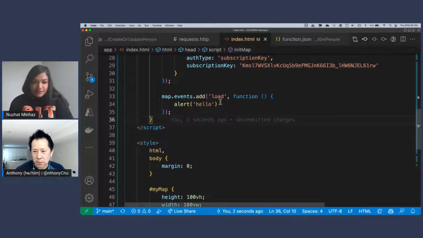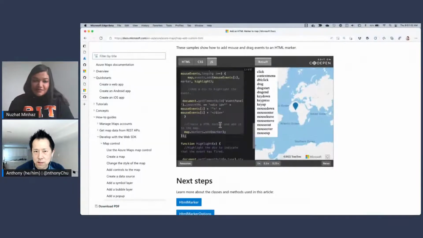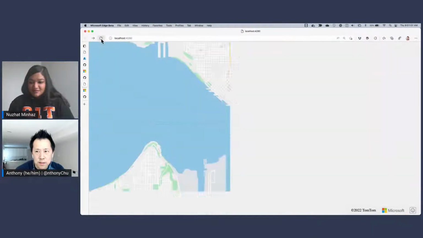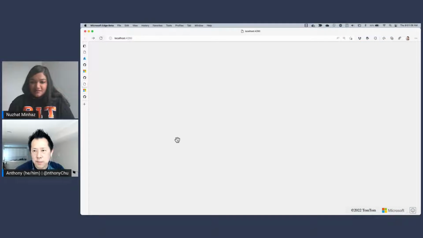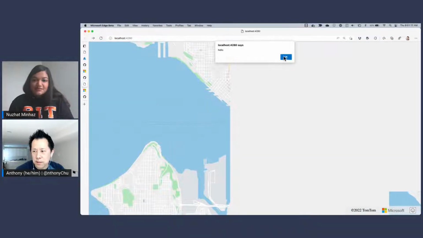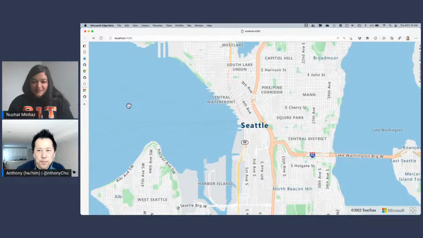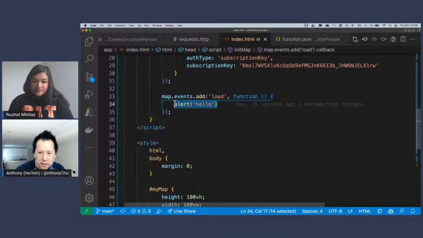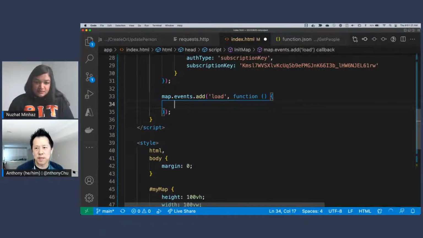Basically what I would expect to happen is when the map is loaded, I'll get an alert. So I'm going to go back to my page and refresh. And there we go, it says hello. It's not fully loaded, but I think it's close enough. So that's where I want to insert my code, because I want to do some stuff